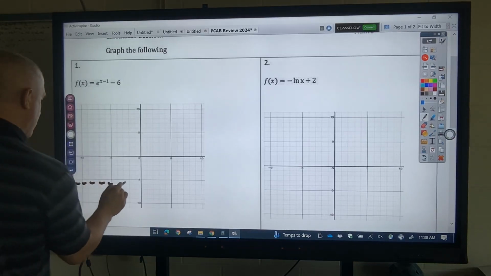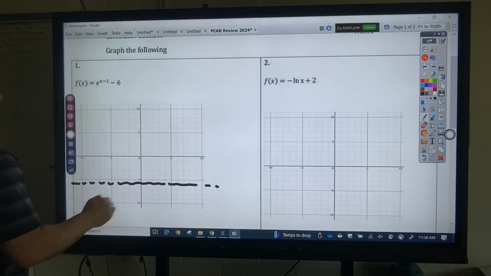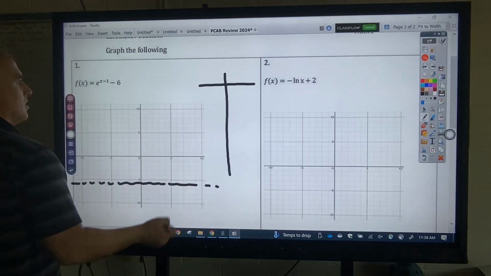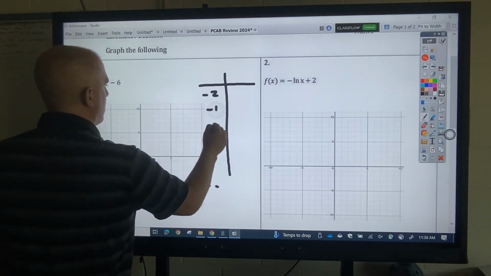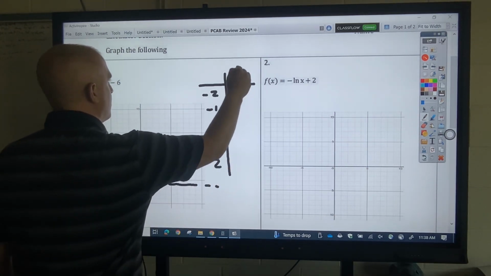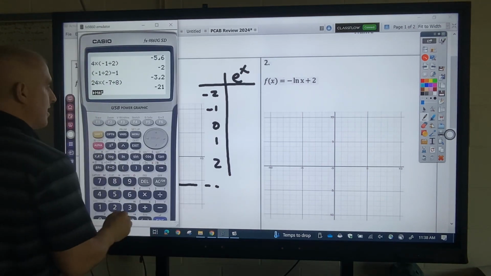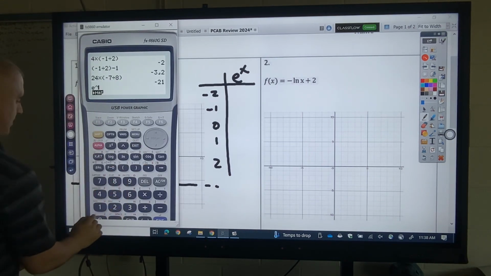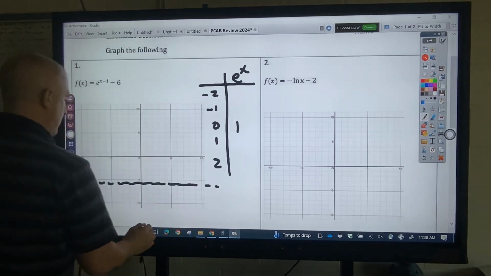So that would be down here. So whatever that number is, okay? All right, and then usually we go -2, -1, 0, 1, and 2. All right, if I want to use e to the x, we're giving you calculator access on this one. So e to the 0 is 1, e to the first